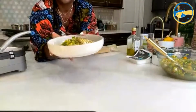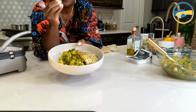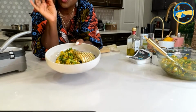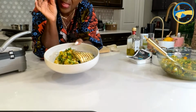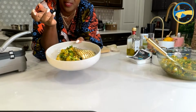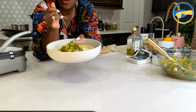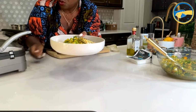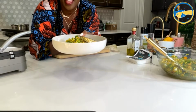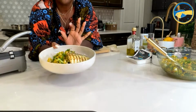You see it? So we've got our golden quinoa, which is quinoa that we made with low sodium vegetable broth. We used some turmeric for the curcumin and a pinch of black pepper because we want to activate the curcumin so that we get all of the nutritional benefits that come along with it. So we did that. Then we chopped up some cucumber, some grape tomatoes, some parsley, some fresh mint, some scallions, some beautiful Violife feta, and then we dropped 2 perfectly grilled